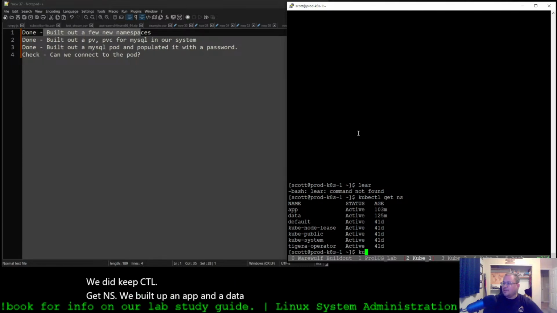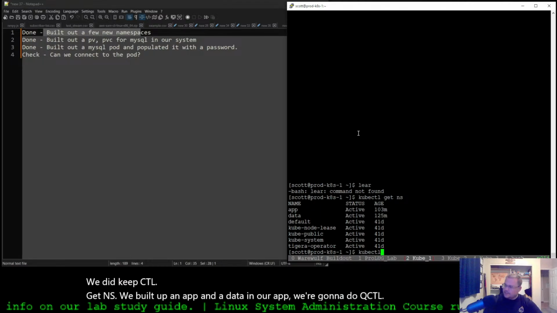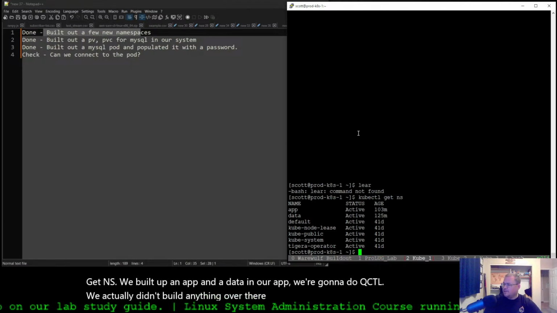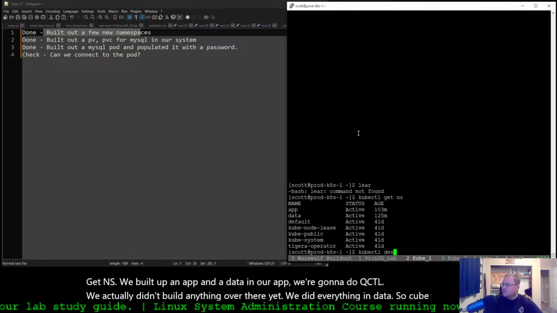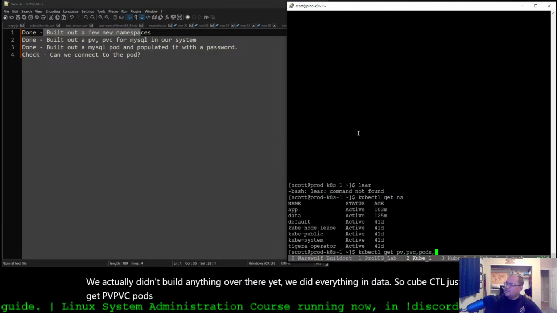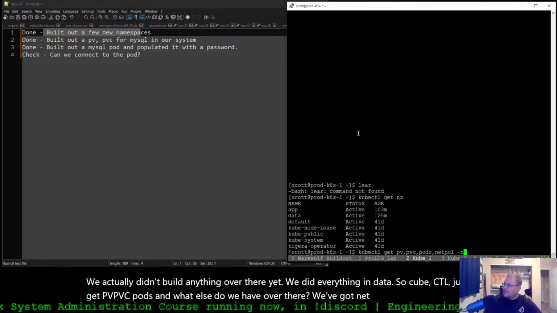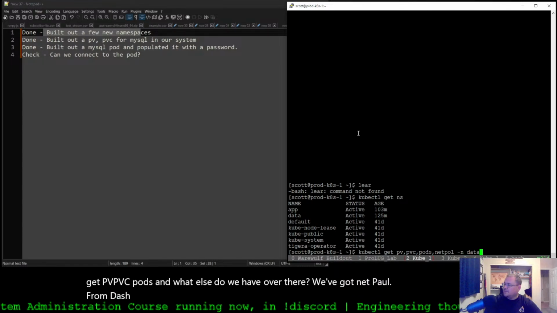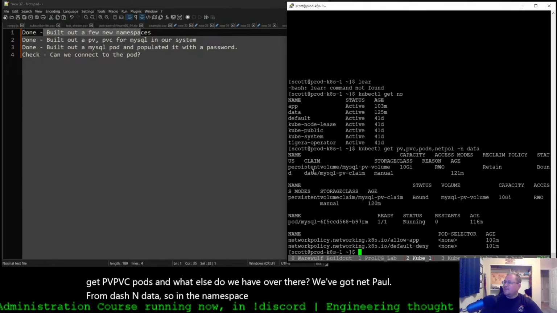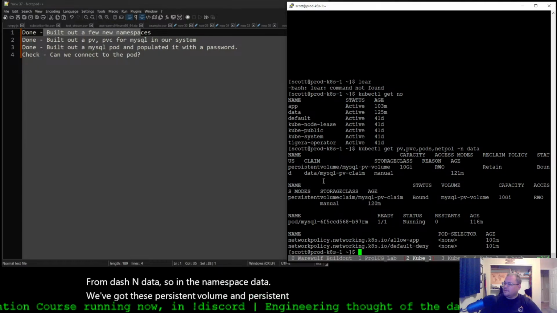In our app, we're going to do kubectl. We actually didn't build anything over there yet. We did everything in data. So kubectl, just get PV, PVC, pods, and what else do we have over there? We've got netpol from -n data. So in the namespace data, we've got these persistent volume and persistent volume claims that are back-ended